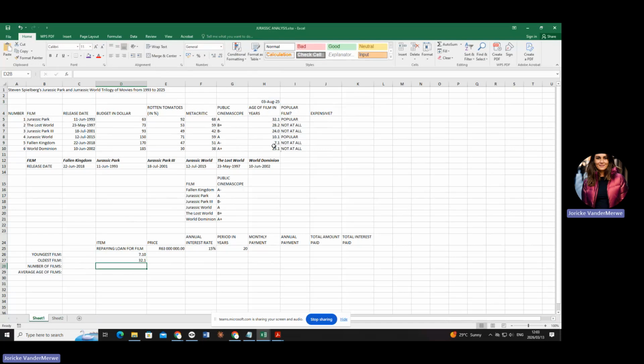The moment you go in between, like second or second biggest, second fastest, you use large and small. Are you with me? The number of firms is going to be count, because why? It is text. Do you agree with me? And the average, this was a nice one because this is all in full work, the average of the age. So you need to take that of the average, and that's it.